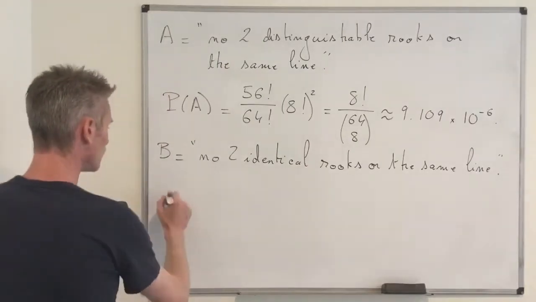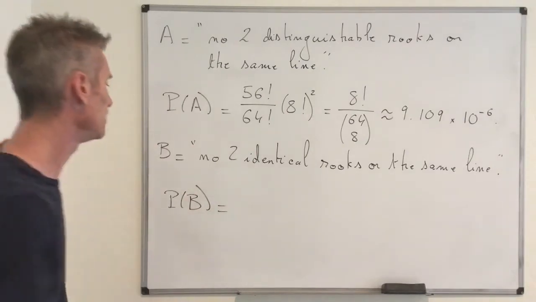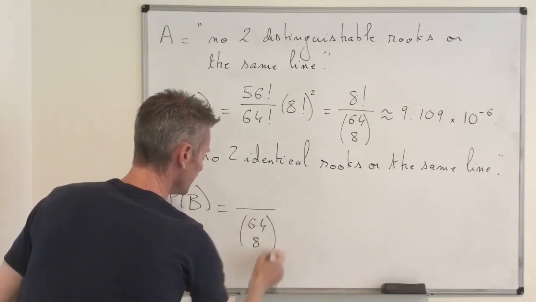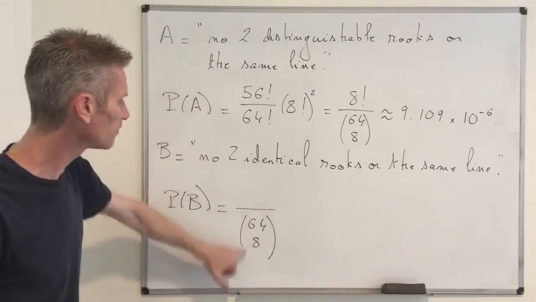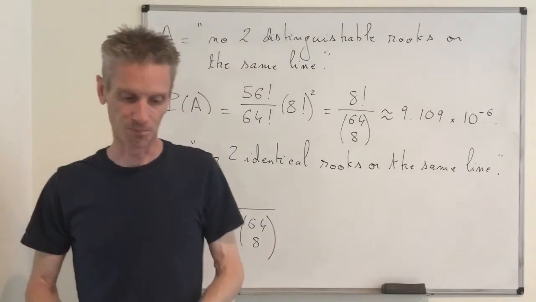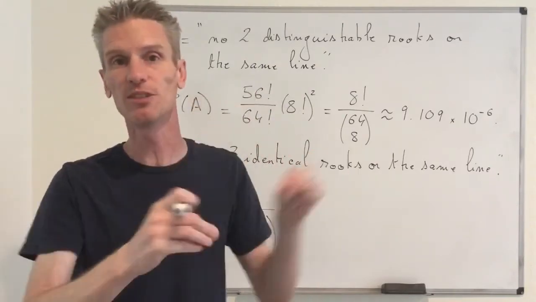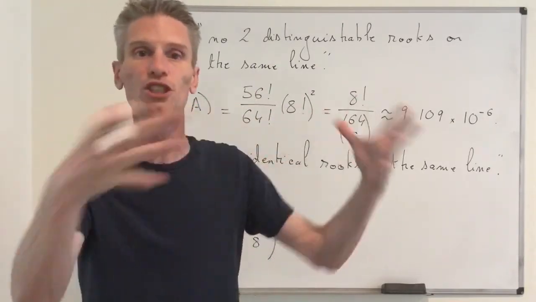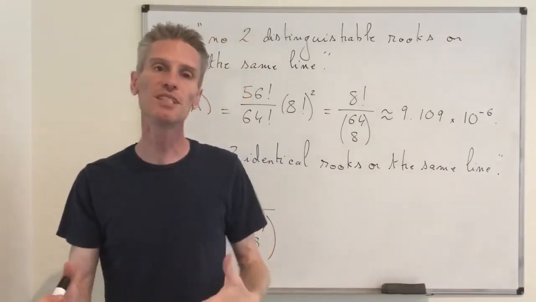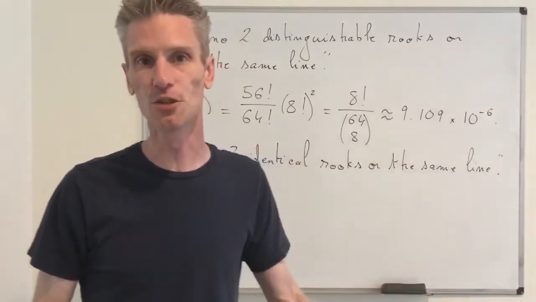And so here we have to compute P of B. You start by writing that this is the total number of outcomes in the event B divided by 64 choose 8. So you see now that we have much fewer possible configurations, assuming that the rooks are identical, because now if you do any permutation of the 8 rooks, you are not going to change your choice of 8 positions. While in the previous case, assuming that the rooks are distinguishable, exchanging them means that you exchange colors, let's say, and you create a new configuration.